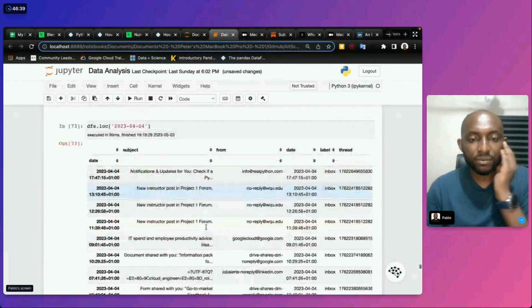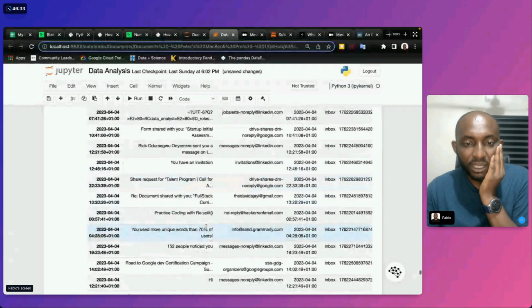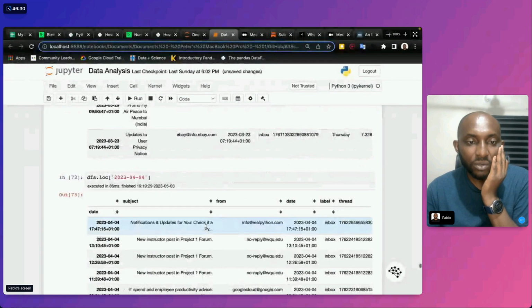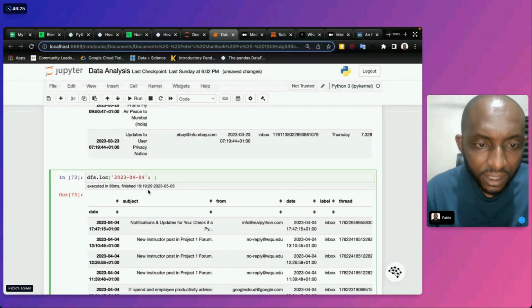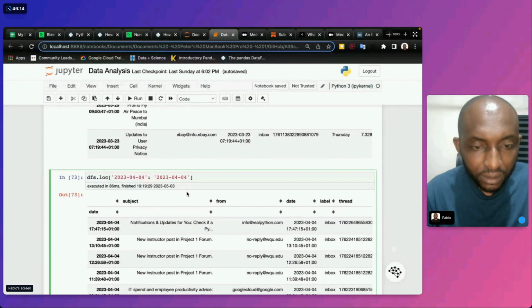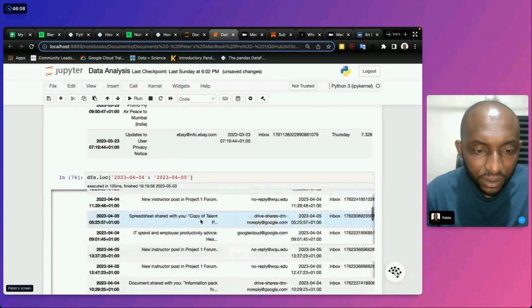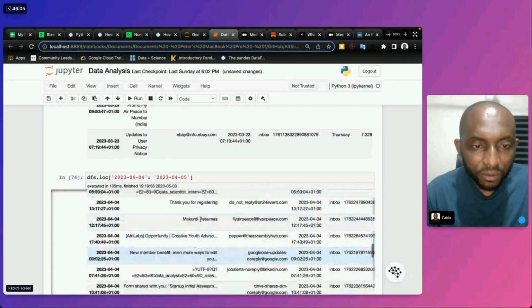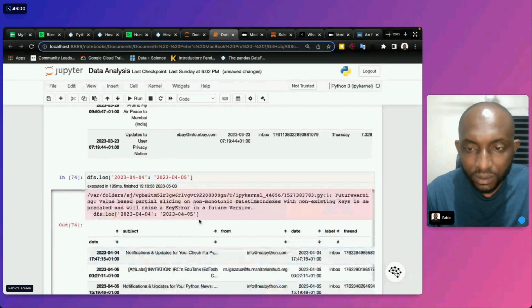Yeah, with this you can see all the dates for that. And if I copy this again, maybe say I want to go from the 5th, this comes out, all from the 5th, dfs.loc.